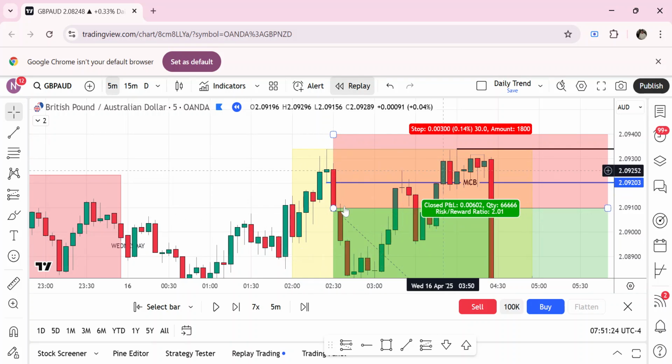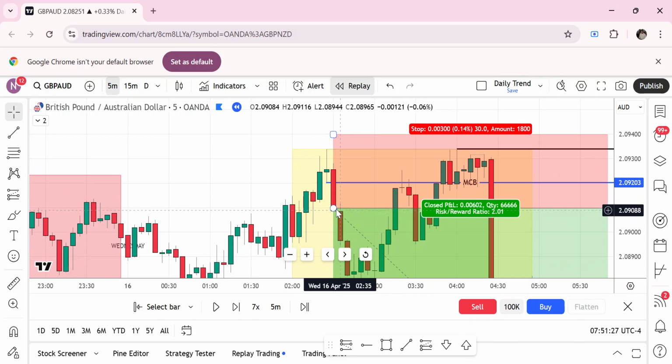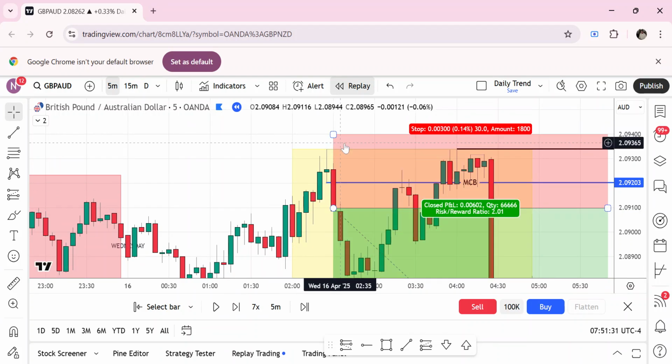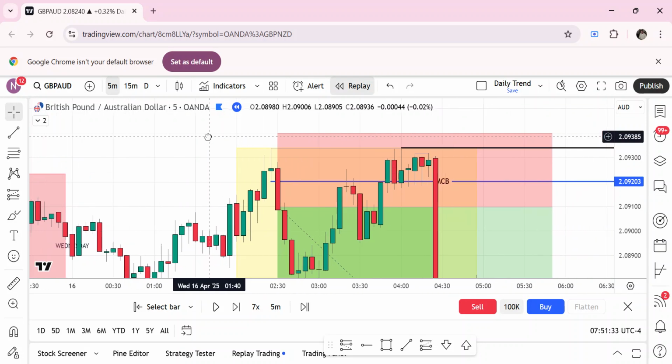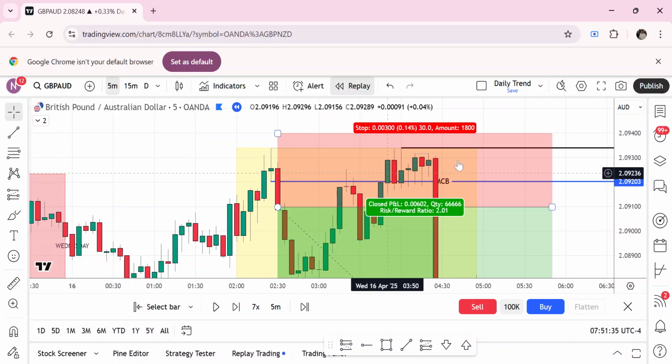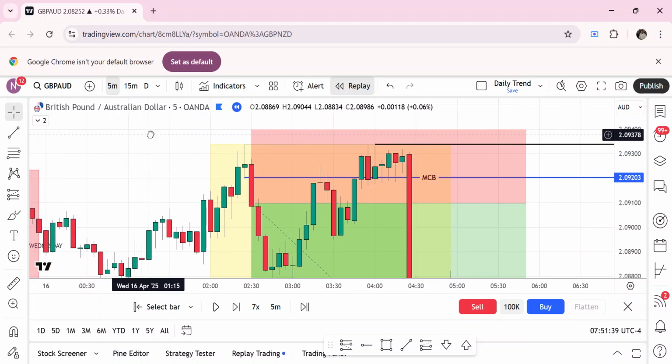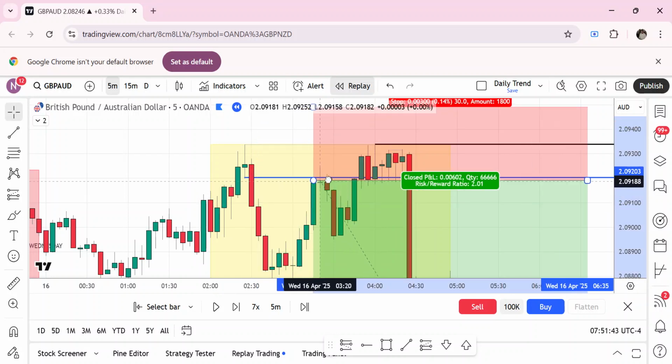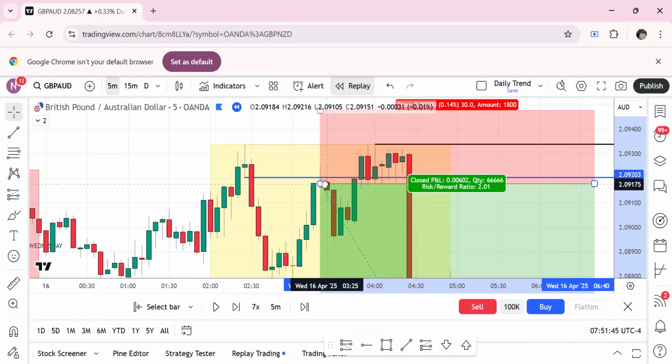There was a retrace, so you could have got in here at 2:35 with the stop loss above the high. That would be a 30 pip stop loss. It did retrace some, but then it just dropped right back down again. So no big deal. Easy. So it gave you two opportunities, one at 2:25, but then you could have got in here at around 3:25,